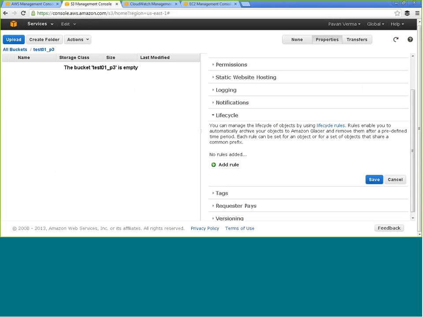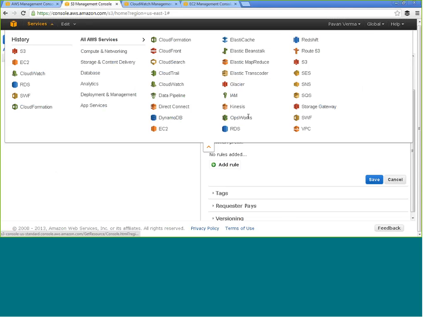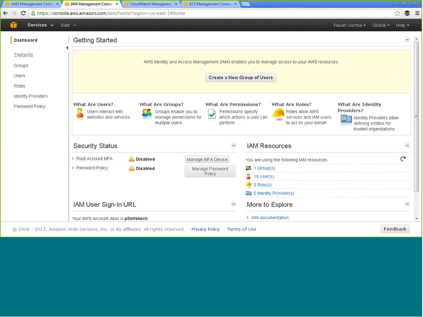I just want to do this because I feel that IAM is one of the important services, and you may end up using it when you work on Amazon. So here is the IAM dashboard. On the left side it has links to groups, users, roles, identity providers, and so on. Even IAM actually allows you to also